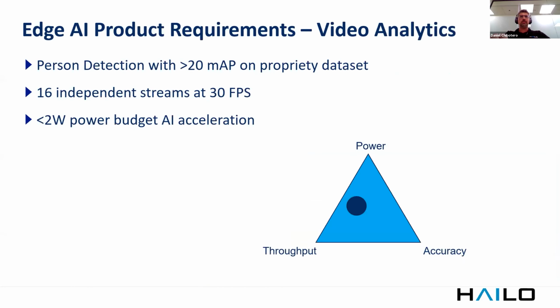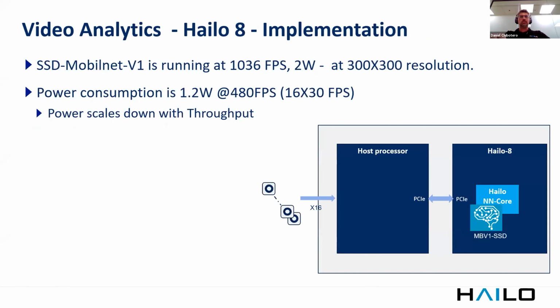This is one example. Another is a video analytics solution, which required person detection with quite low accuracy on a proprietary dataset, but it required 16 independent streams running in real time, and a power budget lower than 2 watts. So here the end customer took the MobileNet V1 SSD. Our benchmark figure for this network is more than 1,000 FPS at 2 watts, 300 by 300 resolution. But when measuring power consumption at the required frame rate, we go down to 1.2 watts,